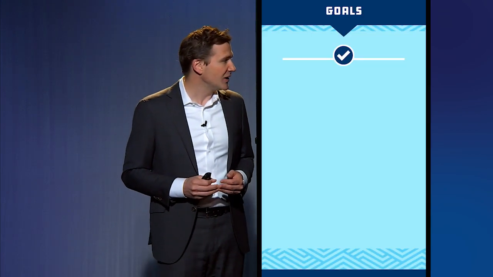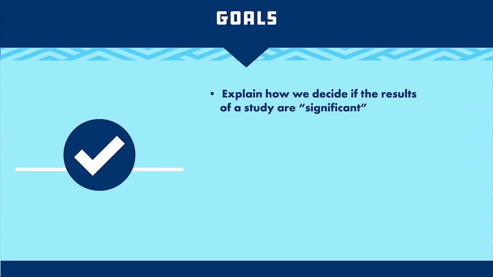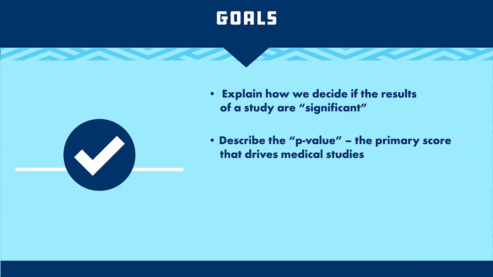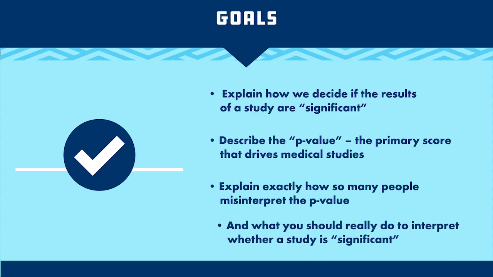So the goals of the lecture today are to explain how we decide if the results of a study are "significant", with significant in scare quotes there. Describe the p-value, the primary score that drives medical studies. Explain exactly how so many people misinterpret the p-value and what you should really do to interpret whether a study